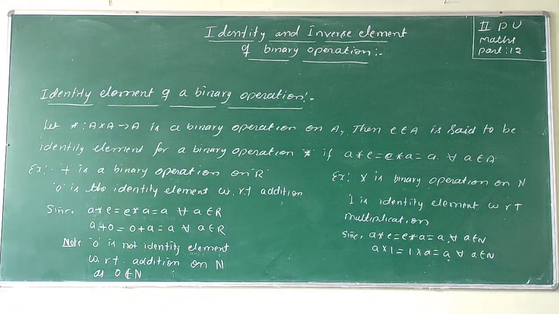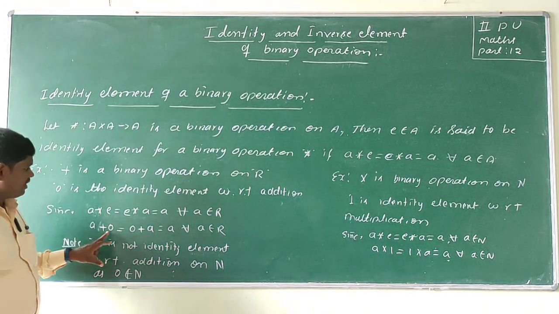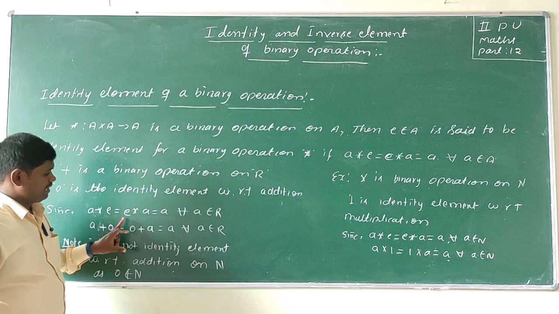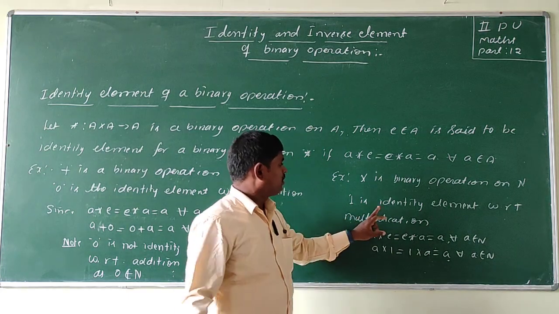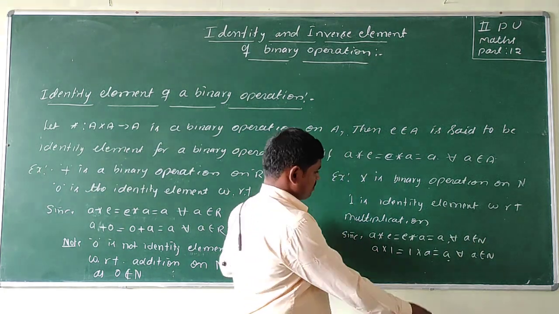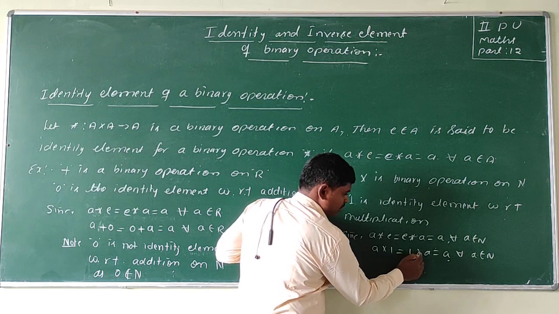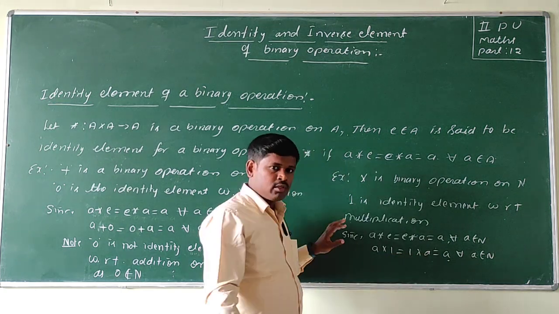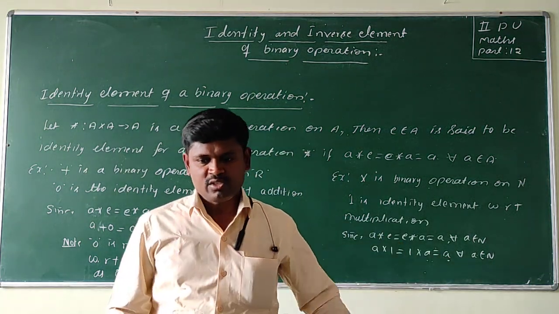Write down. Is it clear? So this is the multiplicative identity. 0 is the additive identity with respect to addition, and 1 is the identity element with respect to multiplication. If you take real numbers, that is also true. Why? Because 0 into 1 is equal to 1 into 0, so again we get 0. So that is also true. Next we move on to the problem.